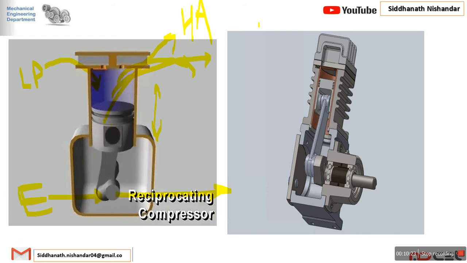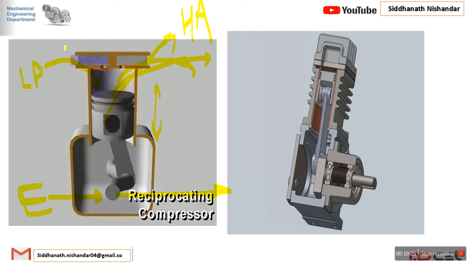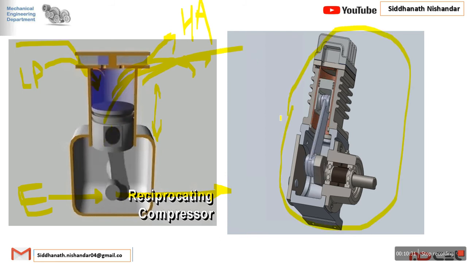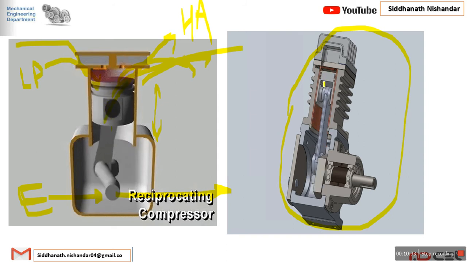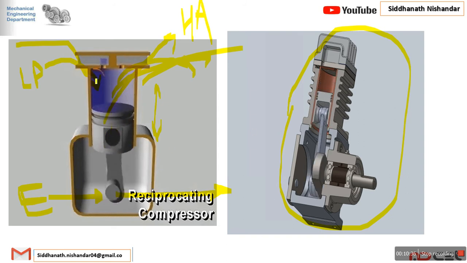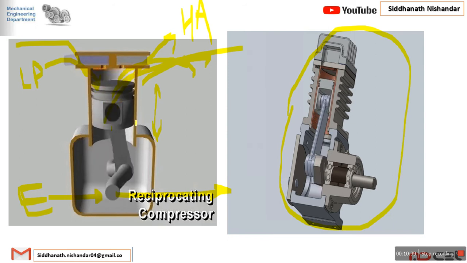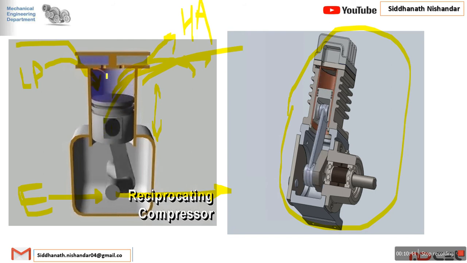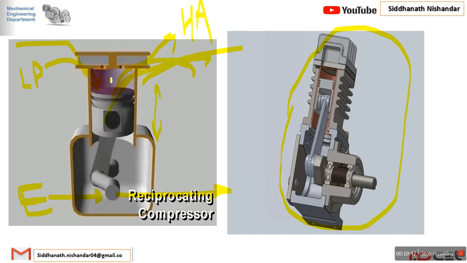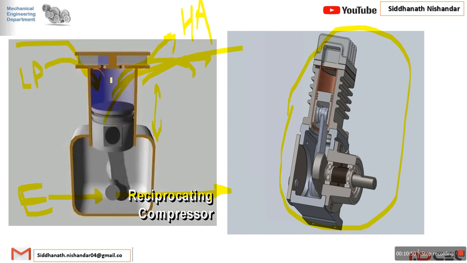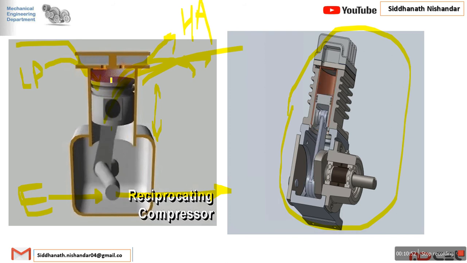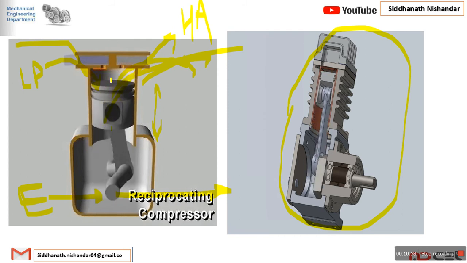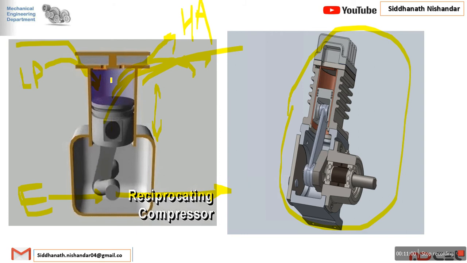So there is an exchange of energy: energy in, energy out, mass in, mass out. So the best example of an open system again is the reciprocating compressor, also called a control volume. Why control volume? Because of this control volume we design, the low pressure air comes in and we compress the air in that closed chamber. So the whole open system is called a control volume, that is the main reason. Again I'm going to explain: at the secondary level we just need to focus on whether the system is open, closed or isolated, which is sufficient.